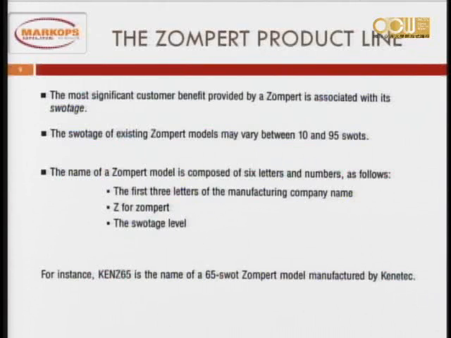There is a product line called Zomper. Don't worry, all right? It's just a name, and the Zomper is only one attribute. It's talking about the first 3 letters of the manufacturer company name, Zomper, and then the shortage. Anyway, there's some kind of shortage in that. The shortage is between 10 and 95. You don't give a name. For instance, your competitor is called Cans. So it's a can. This is a company. Company Zomper 65. So you're going to see a product called GMBA